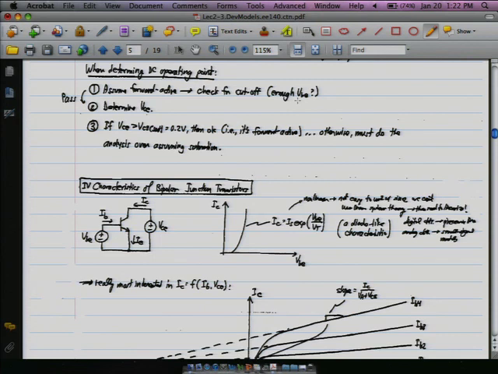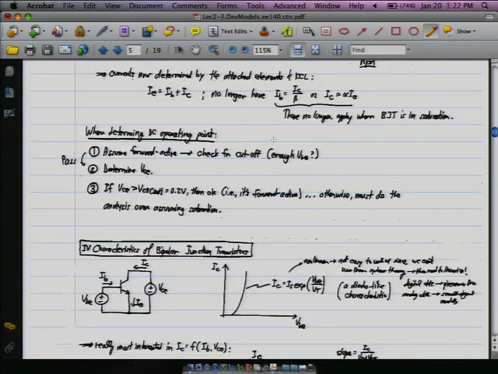But if it is high enough, then you go and look at VCE. And this is actually a little bit of a shift from what we've been talking about before. Before, we've been talking about the voltage between the base and the collector. At this point, we're shifting our frame of reference to think about it in terms of VCE, since most of the time we're going to reference everything to what's happening at the emitter,